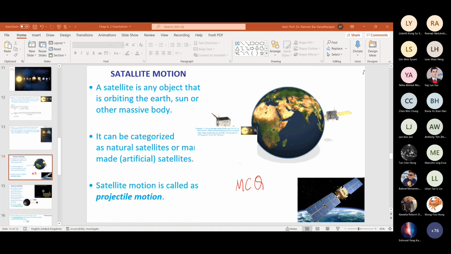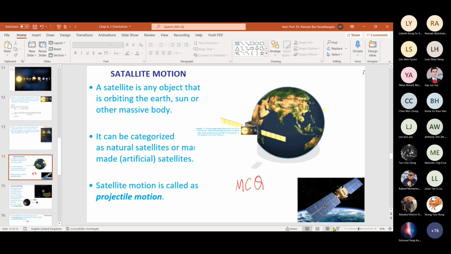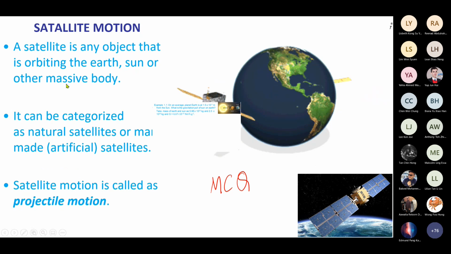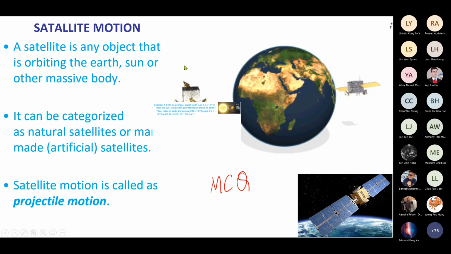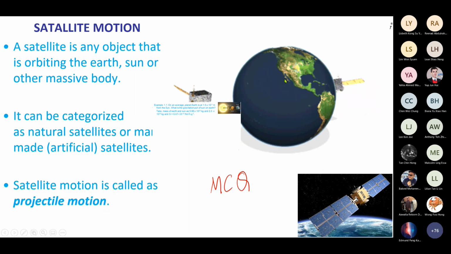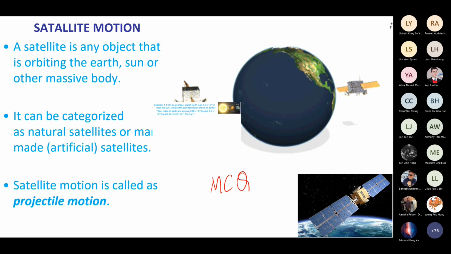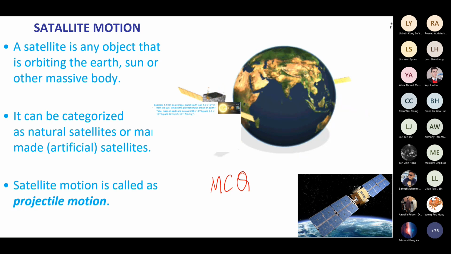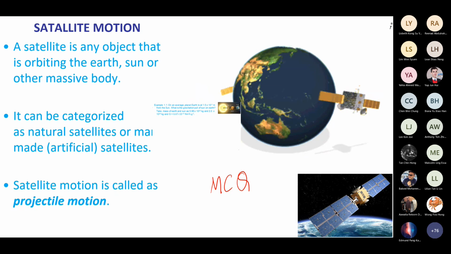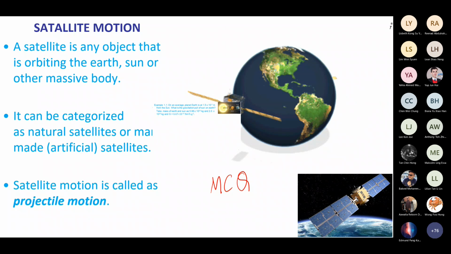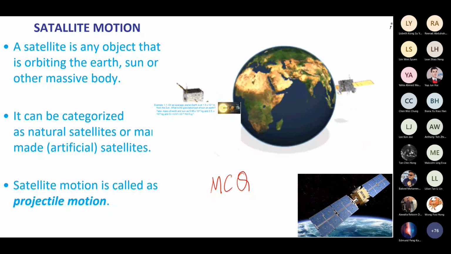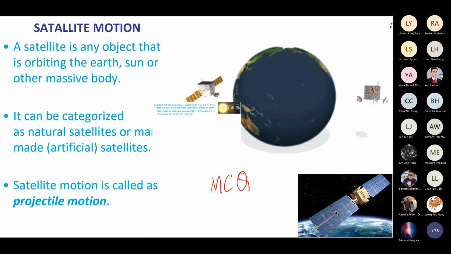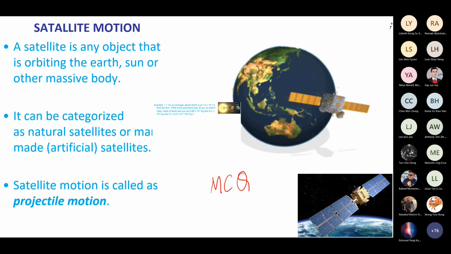Right. Okay. I'm here. Satellite motion. A satellite is any body that is orbiting the Earth, Sun, or other massive body. The rotation of the Earth and the rotation of other planets are all very good examples of our own study in physics. My subject is fully on circular motion, rotation, angular rotation, and so on. The Earth's rotation and the planetary systems are very good examples, since they are in orbit, they are rotating. We are estimating each and every quantity.